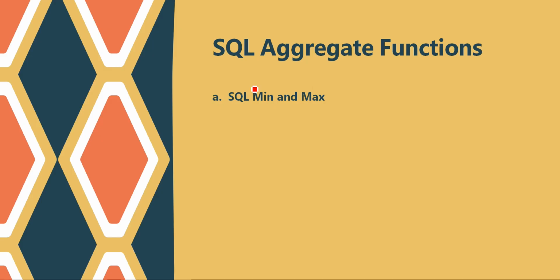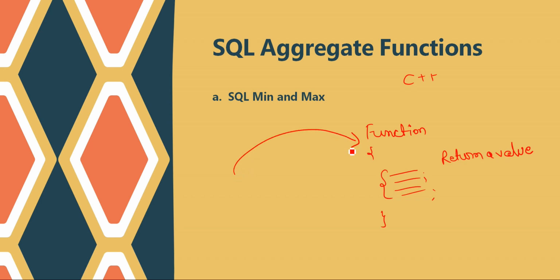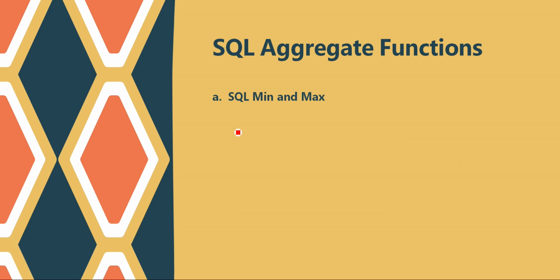As we have seen in our C++ example, what is a function? A function is a set of code which is going to return a value based on some conditions, right? And whenever I want the same line of code, I am going to call this function. So in SQL it is the same. A function is basically a set of code which has already been written. We don't need to bother about that. It is already written there, and it is going to accept some parameters.